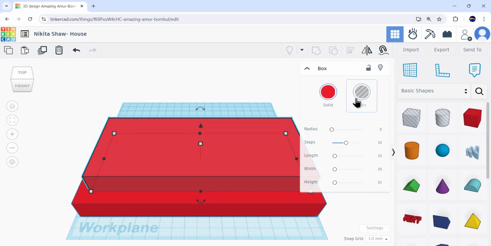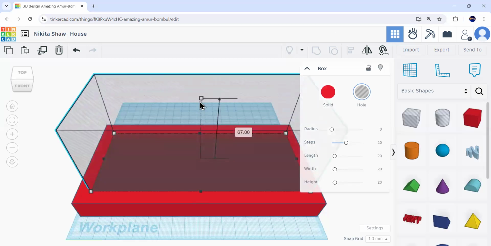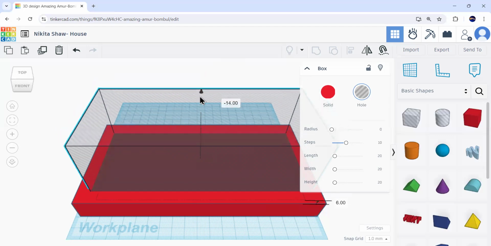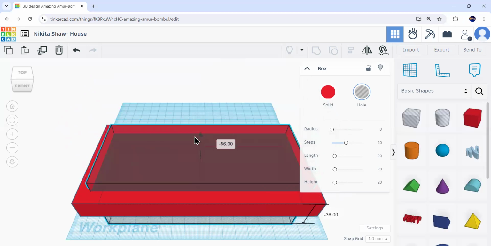So the next step is to make it a hole. What it does, basically, is it makes the box transparent. The next step is to click on this white box and increase the height like this. Okay. Then after that, we need to click on this triangle thing and make this transparent box be put inside the bottom one. We will click on this triangle box and just drag it inside the box. I hope you can see it is piercing inside the box, right?